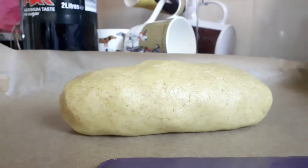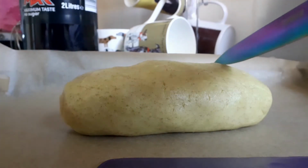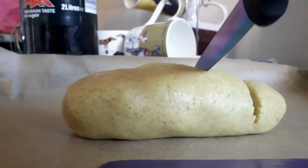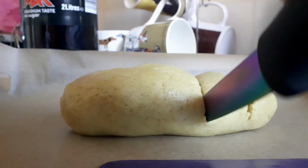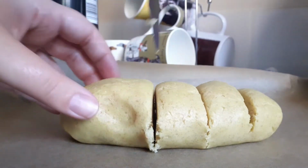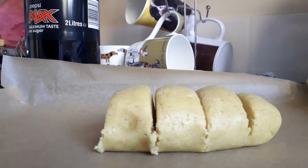So, for this part of the video, I'm going to show you me cutting it into as many equal portions as I can. So that is our fairly green sausage. It's not as green as I'd have liked it, but we're going to go for it. So, I'm going to just cut it into what I believe to be as equal portions as you're going to get. And then it says,